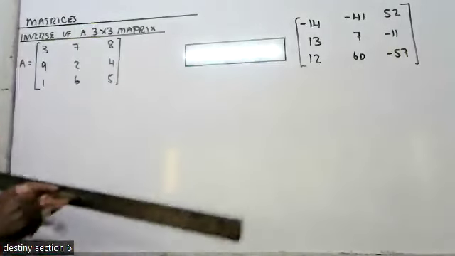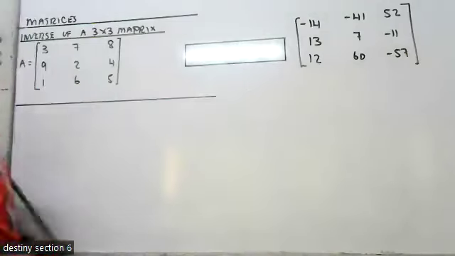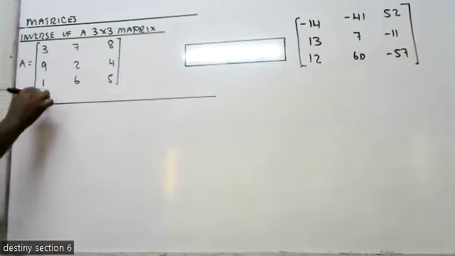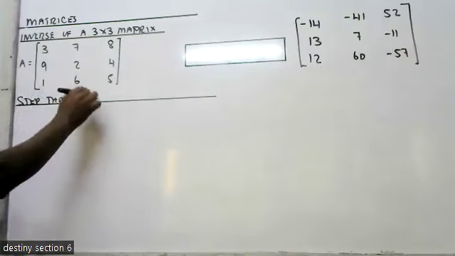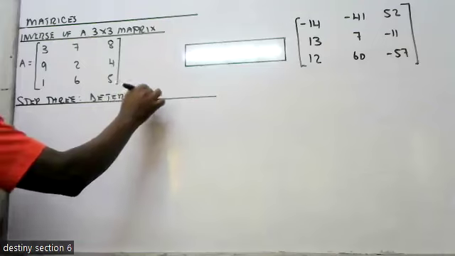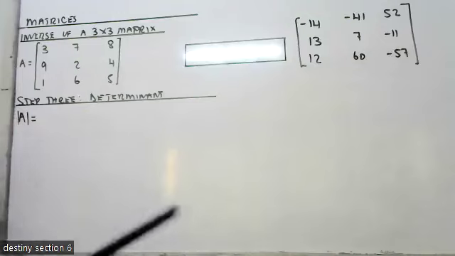So step number 3. Step 3 is called determinant. And in getting the determinant of A, what we do is simply take